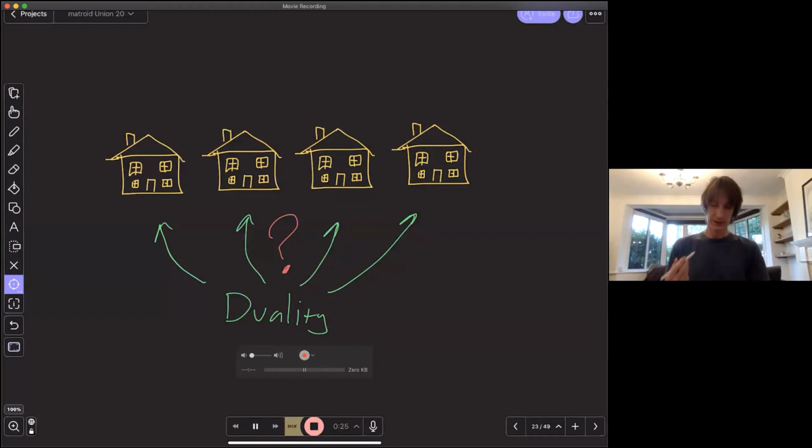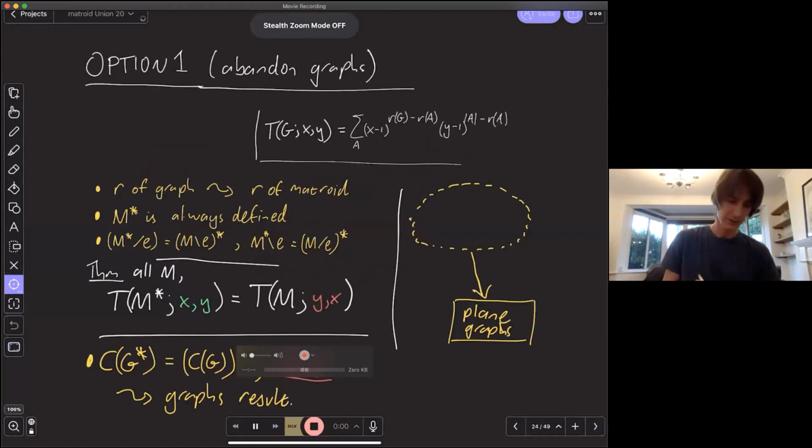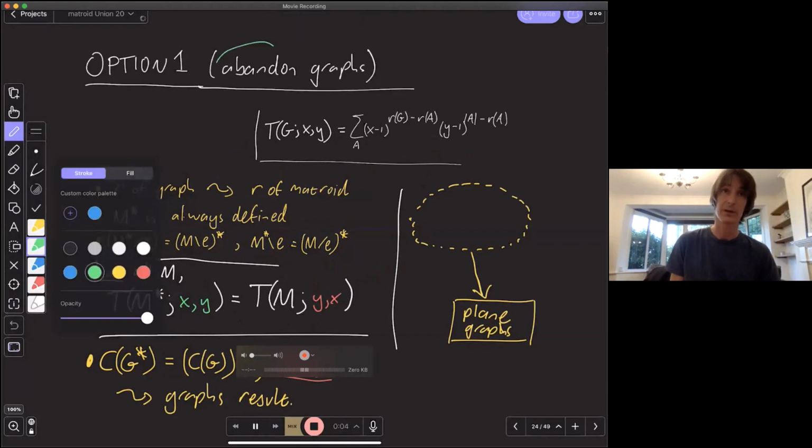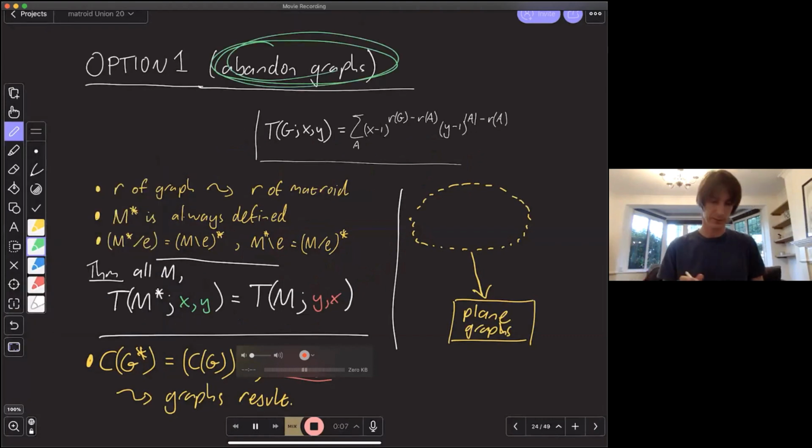Okay, so we've got this plane result. Well, how can we get rid of it? There are a couple of options we can do that. Option one is that we could just abandon graphs altogether. And, well, what am I doing? I'm giving a talk to matroid theorists. So you see this expression for the Tutte polynomial, and it's got this R term, an R of G or an R of A, and you're thinking, well,